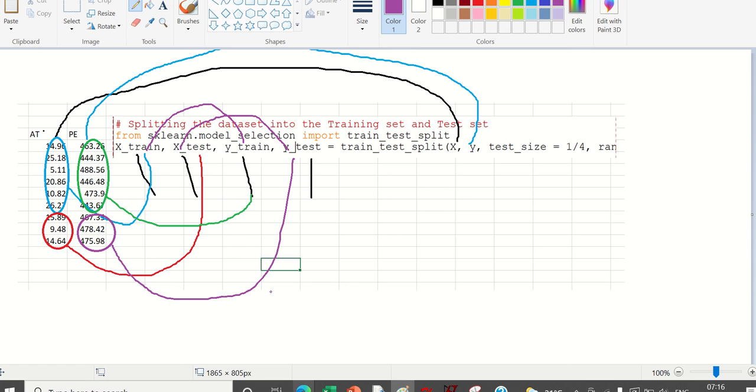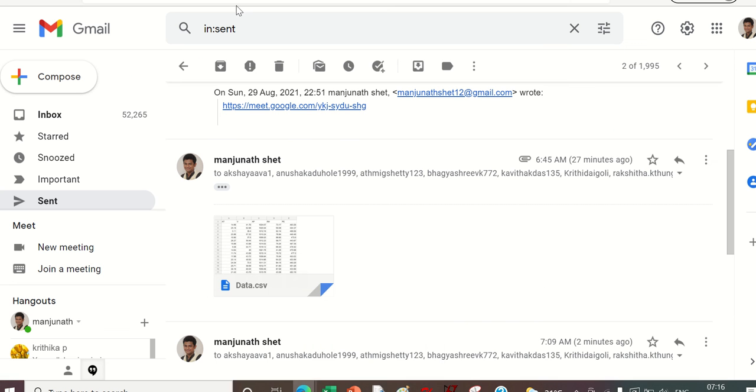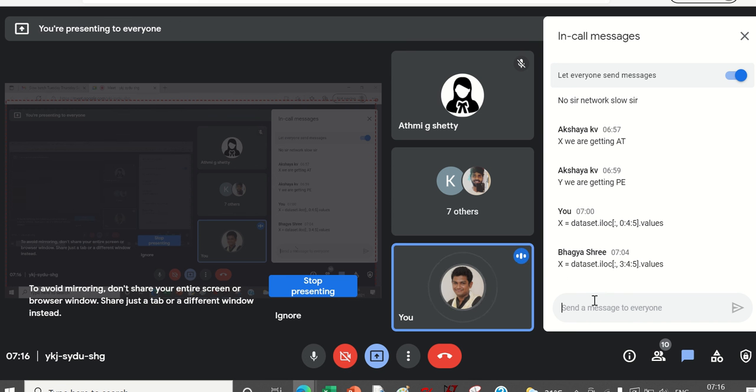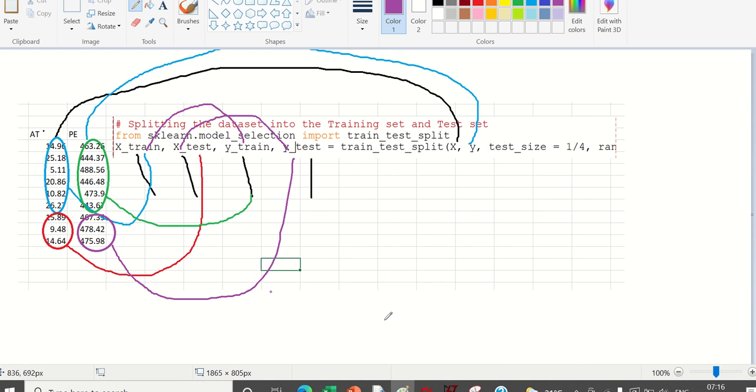You guys can reply back in the chat if it is clear or not, you don't have to run it. Okay, fine. Now we got the X train, X test. Next step is,